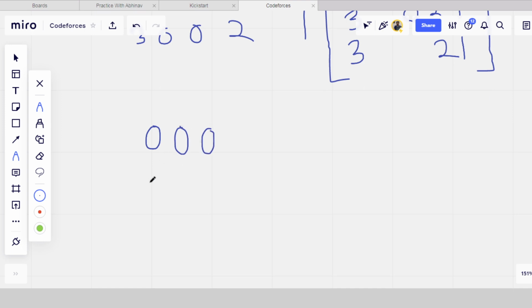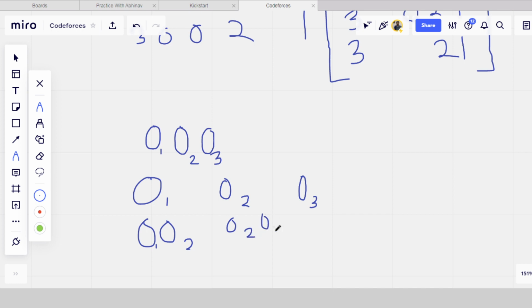Then in one case we can take 1 0. Other cases we don't have to take any zero. That is also a case, that don't take any zero. A case we can take 2 0. For example, this is 0 1, this is 0 2, this is 0 3. The first case that we can take 0 1, we can take 0 2, we can take 0 3. All the three zeros. Then we can take 0 1 0 2, then we can take 0 2 0 3, and we can take 0 3 0 1 in our subsequence.